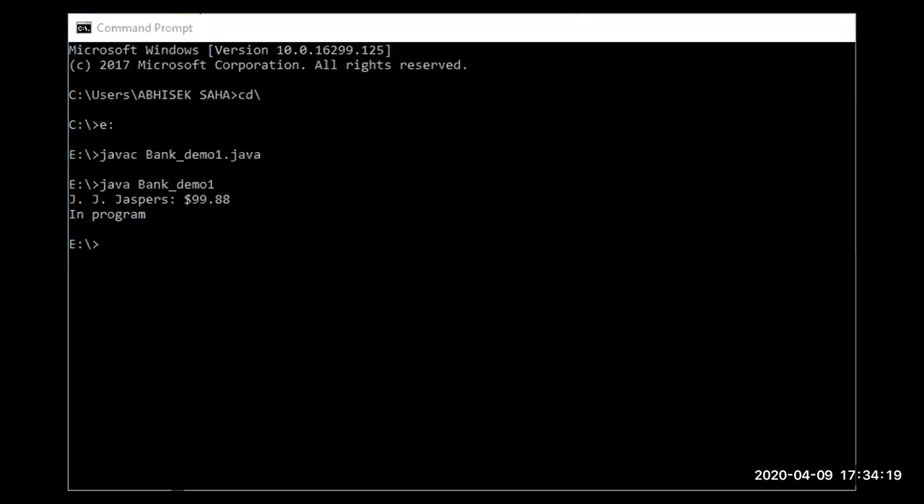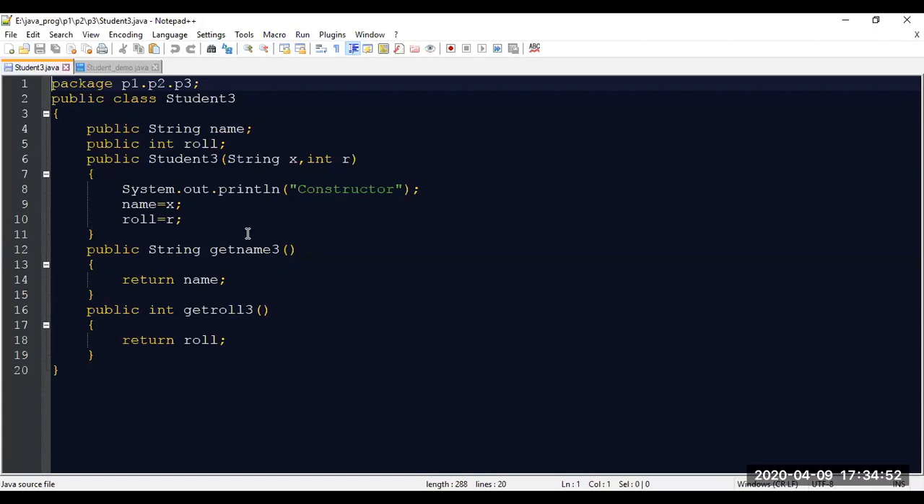Next program, and today's last program. customer.java already discussed, bank demo 1 already discussed. I'm removing those programs. balance.java already discussed. Another package. Now I'm going to define one more package. Look, the package is what we have. I have written